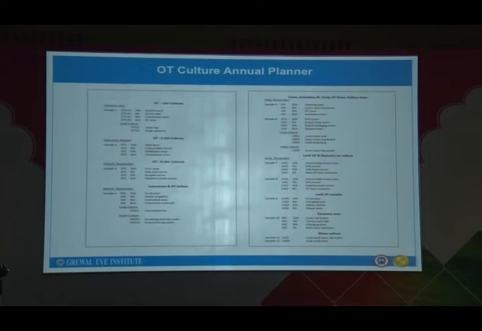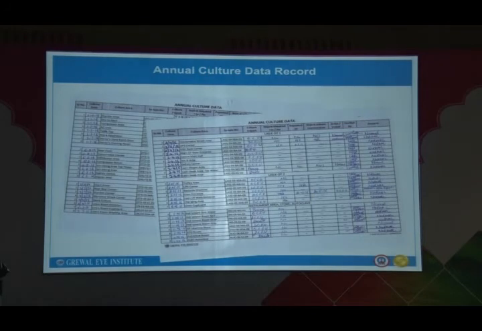So every month, a set of samples goes, and once the report comes, at the back of the report page, we print out what sample was taken, from where it was taken, who checked it, what the report is, and what further action is taken on it. And what you see in blue is that this report belongs to this sample taken from this OT at this location. Then all this is compiled into a separate data sheet where you can immediately look at what is happening in the OT, how the air is being maintained in the OT, what the sample from the water is, what the sample from the trolley is, and from the scrub area. So all those details you can have a quick look at.